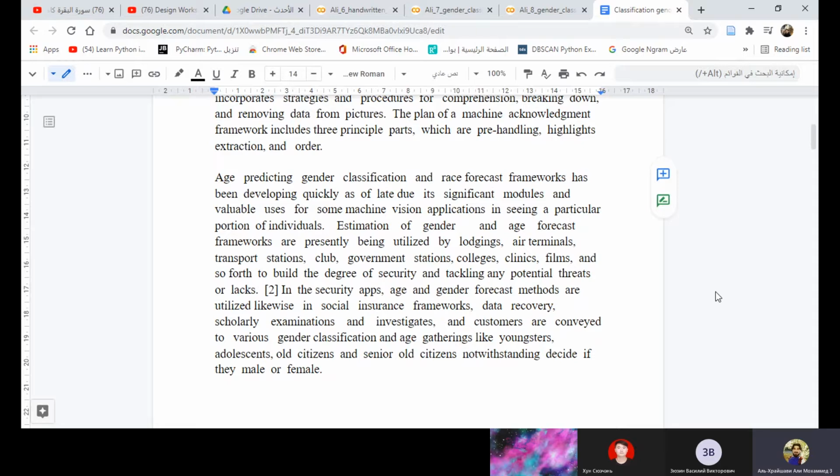It has significant models and available uses for some machine vision applications in seeing a particular portion of individuals.